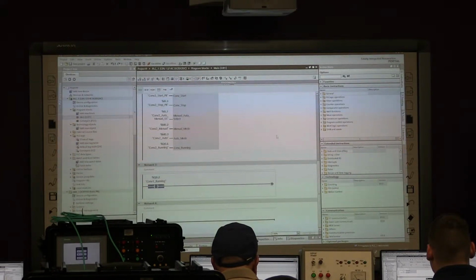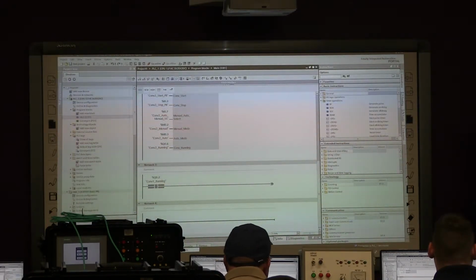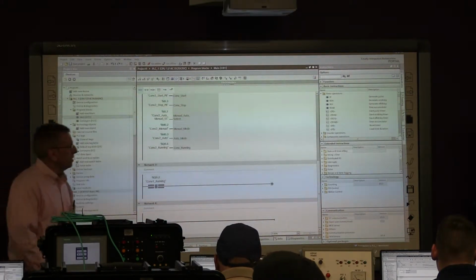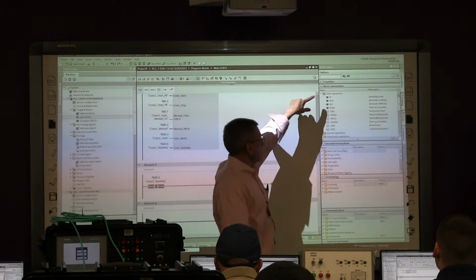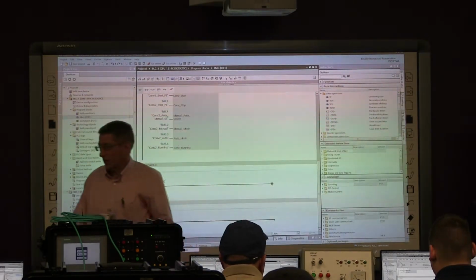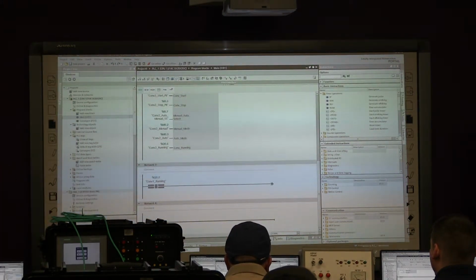And we're going to drop in a timer. So over on the right hand side in the instructions, timer operations, and you see a bunch of timers in there. We're going to use just the regular TON, that's the generate on delay, and I'll explain the rest of them to you later. Let's grab a timer,